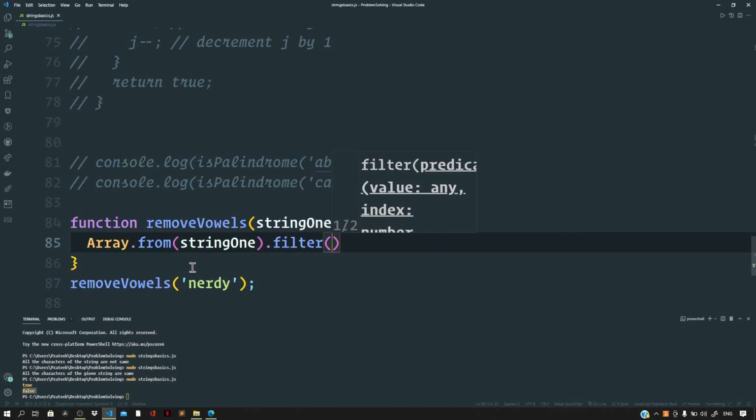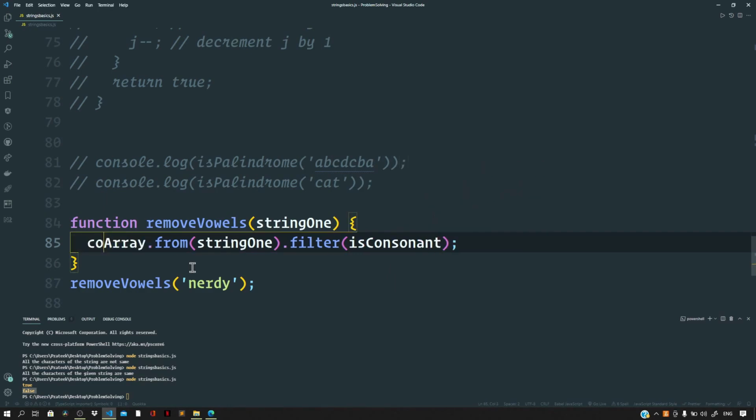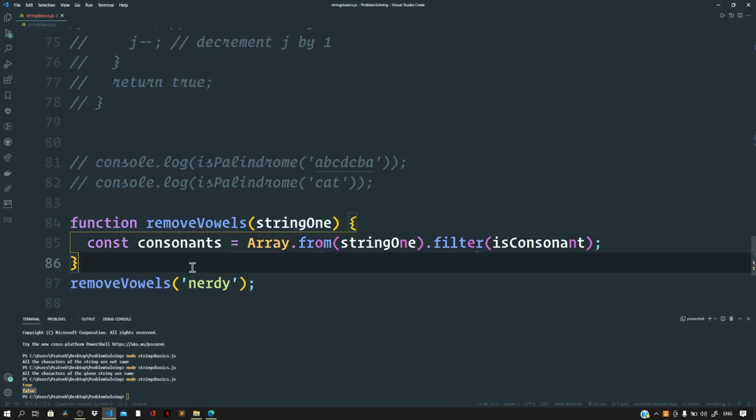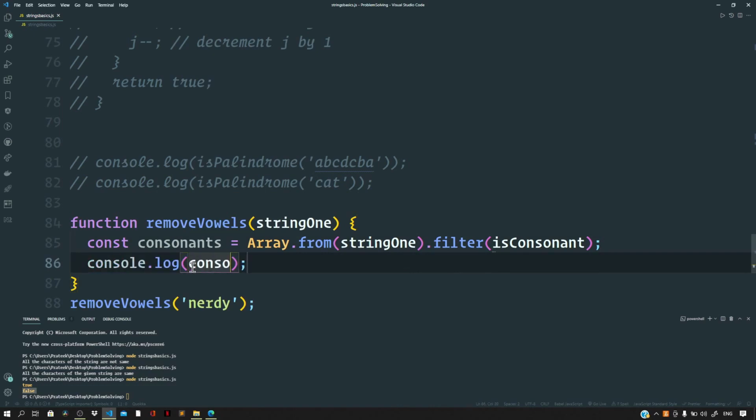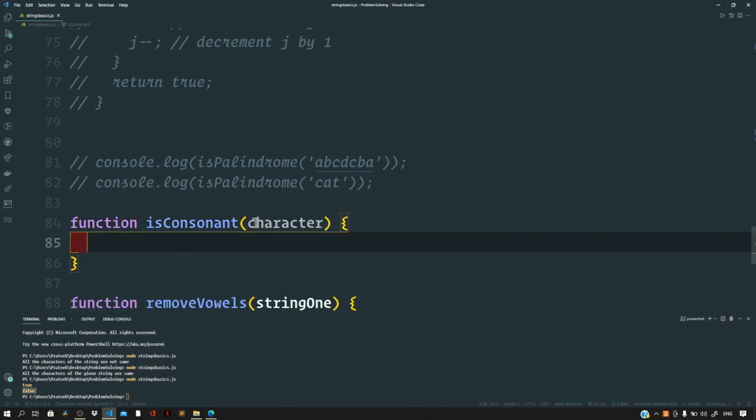And here let us call the function isConsonant that I will define in just a minute. And here we expect to get consonants. And whatever consonants we get back, we will log them to the console as a first step. So here let us define a function to check whether a character is a consonant or not. This filter method, as we know, will give us a character each time that is there in our array. So here we can pass a character, and the only check that we need to place here is that